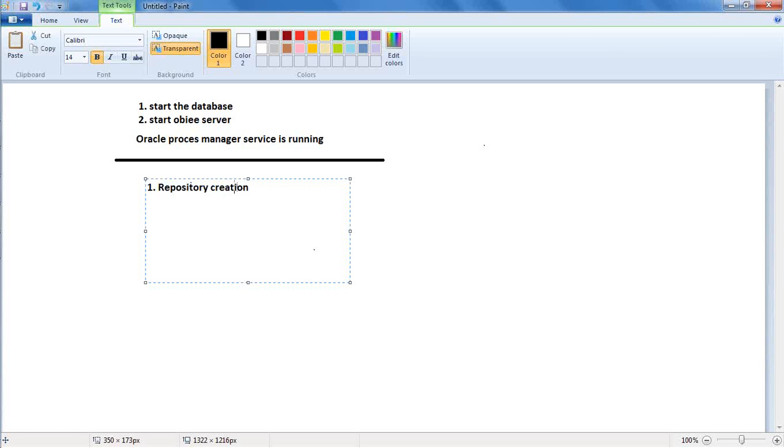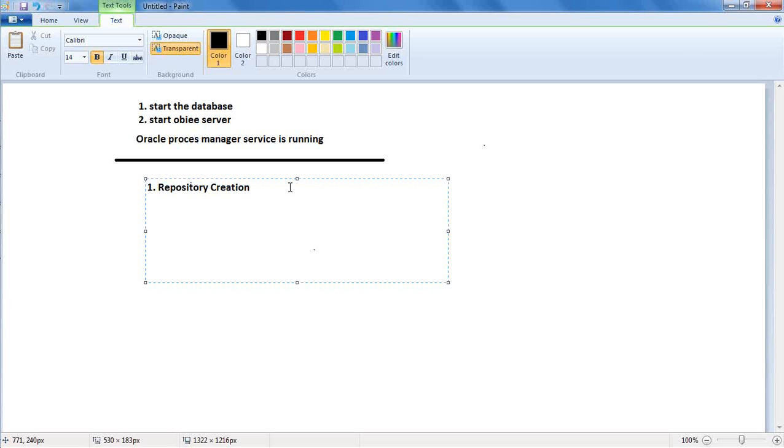So repository creation is basically the core metadata development. When I say metadata development, we create all our basic requirements, like the ingredients that are required for reporting. So we create all our models, calculations, and all the facts, dimensions, and all the stuff that is required. Basically, before we actually go for building reports, we create the required metadata. Like before building a house,